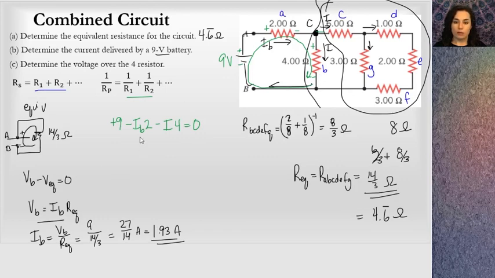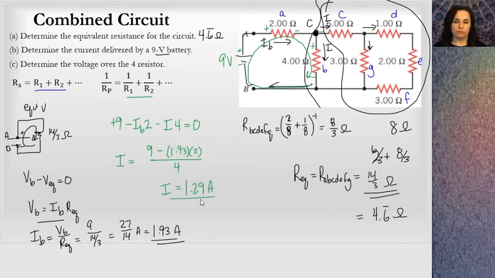I know I battery, and I'm solving for I, so I can solve for I in this equation. I am going to get 9 minus 1.93 times 2, divided by 4, when I do the algebra on that equation. So I get I over the 4 ohm resistor only,